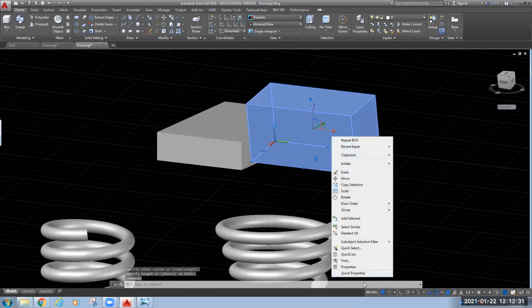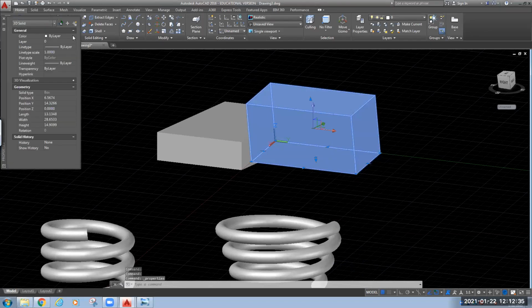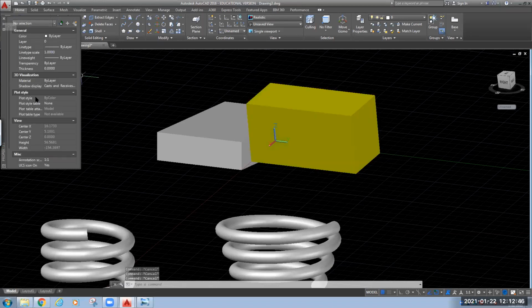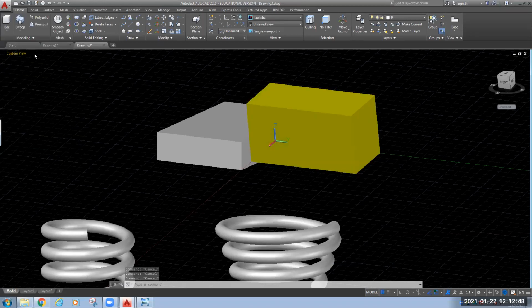Change the color for better visibility. I'm changing the realistic view to shaded with edges.